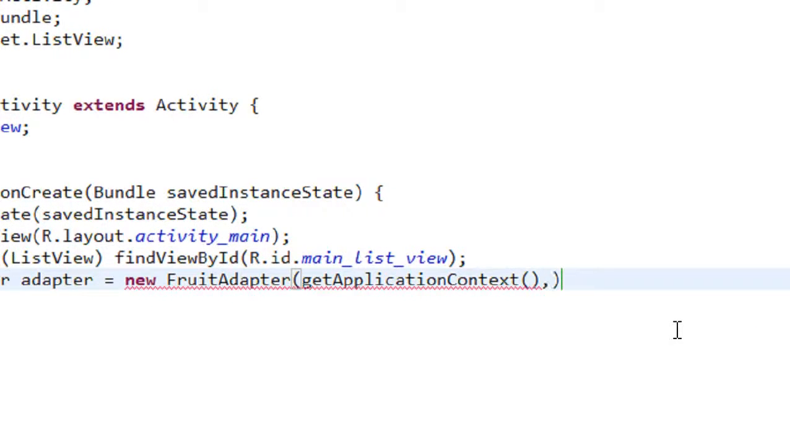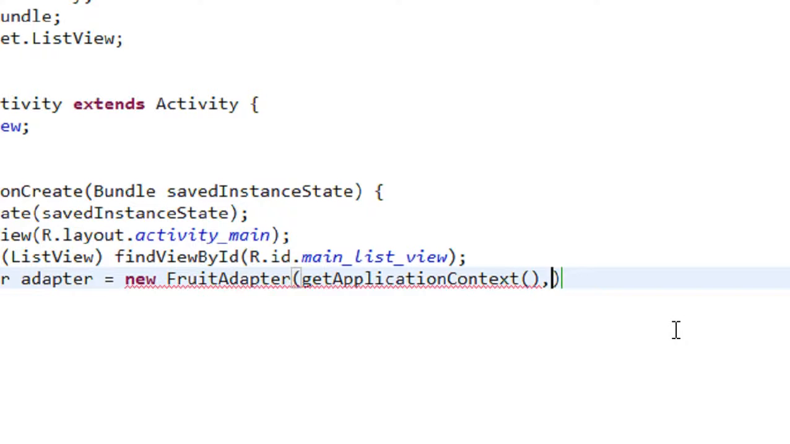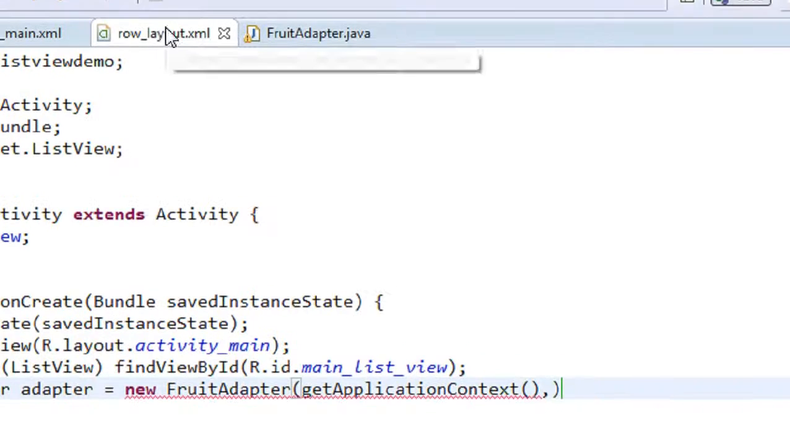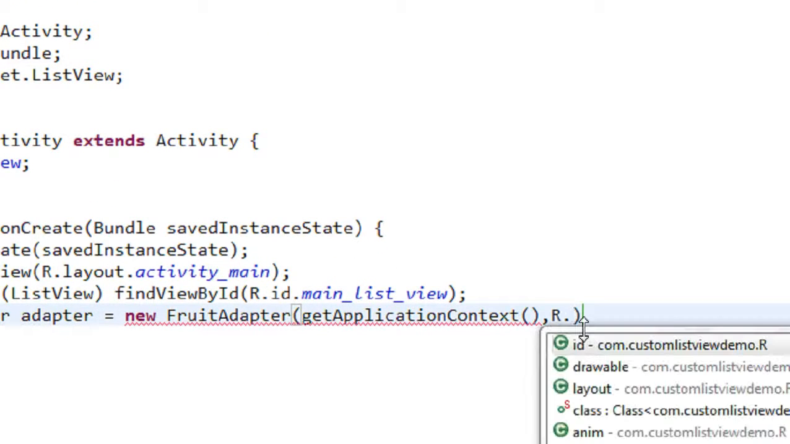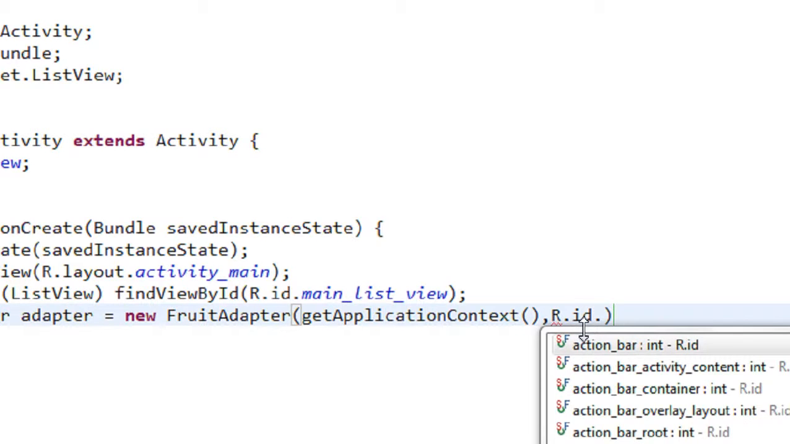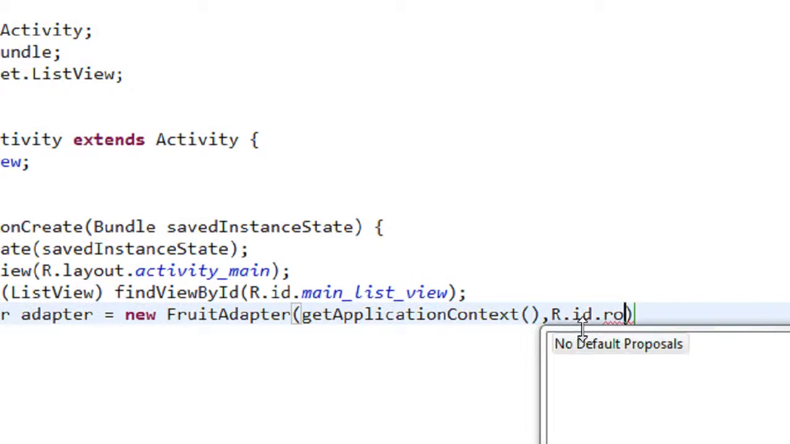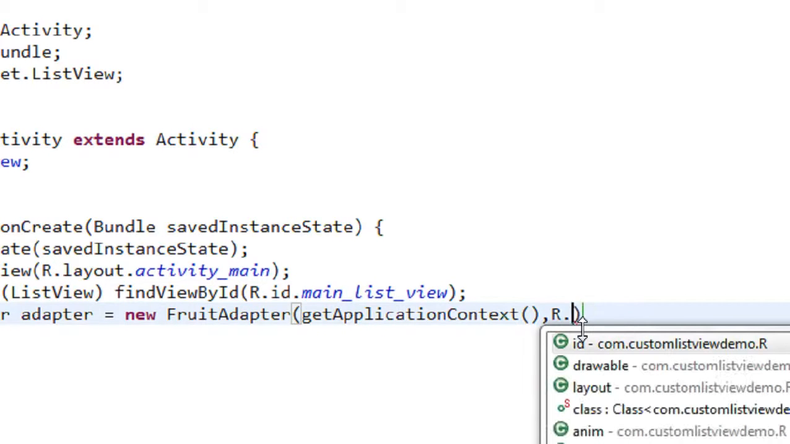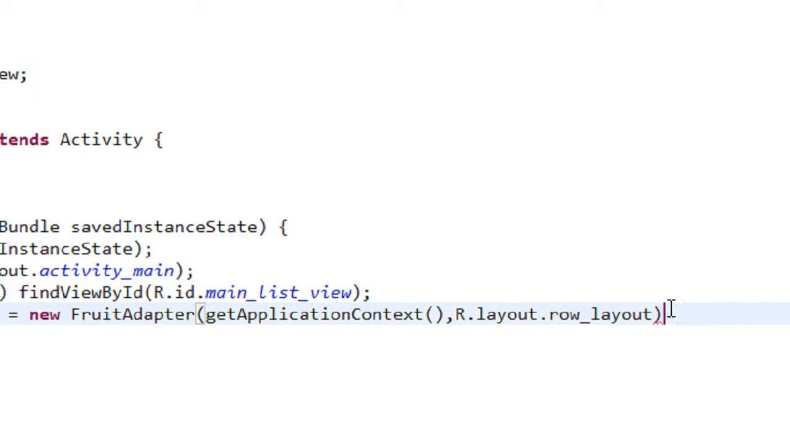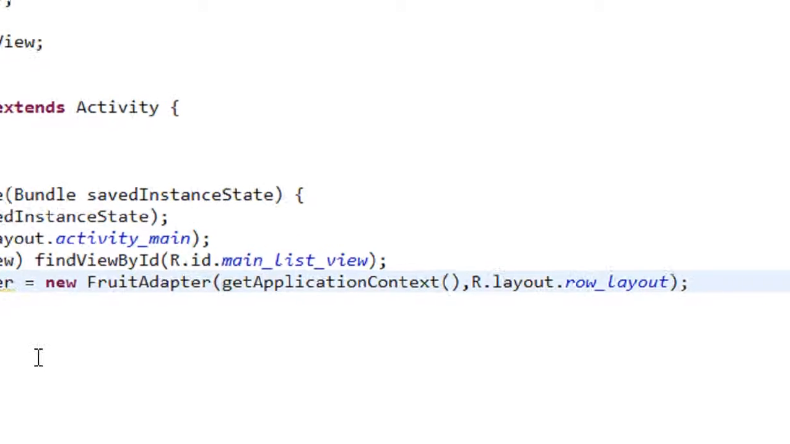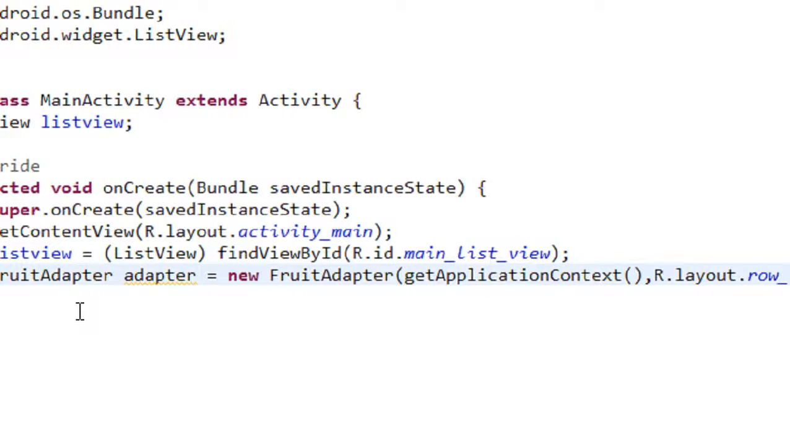So here we are going to pass the resource id of that particular raw layout. So that means this file name raw layout.xml. So I pass it r.id dot, it's not r.id, it is r.layout dot raw layout. That is the resource id. Okay,